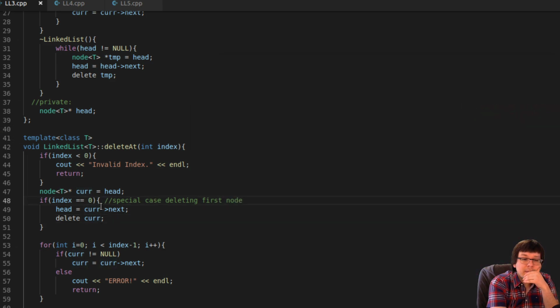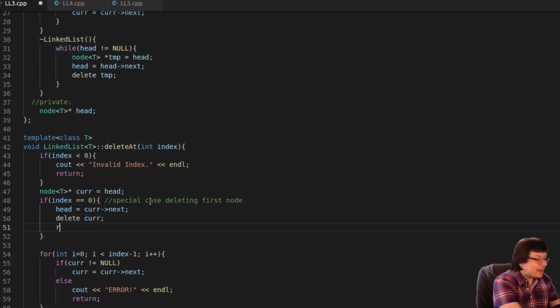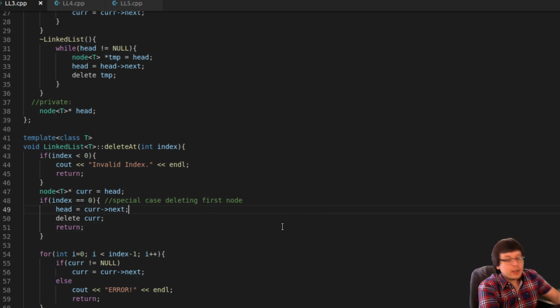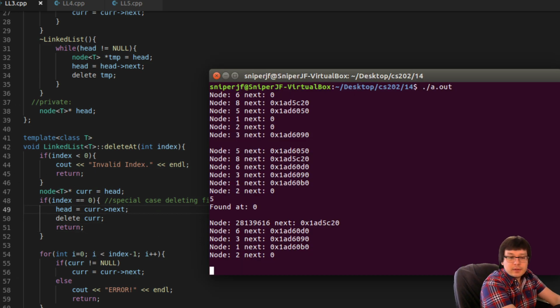I think the issue might be here, but cur gets head, cur gets next, delete cur, head already is pointing to the next item, so there's nothing wrong with that. Oh, I know what happened here. We need to return after this, because otherwise it's going to try to delete 2 things at once, which is why we get garbage. Okay, that'll take care of that scenario.